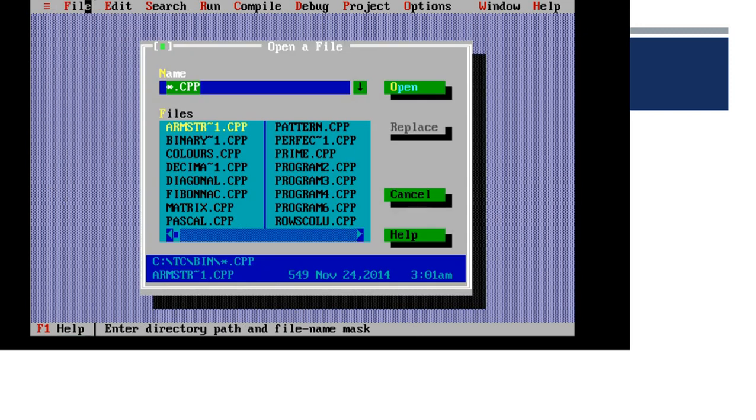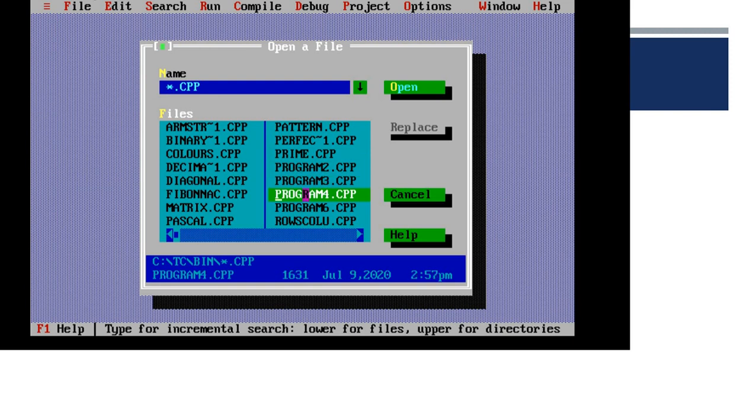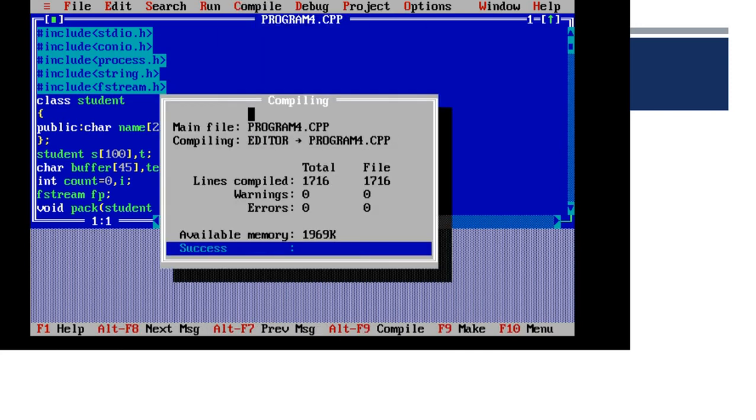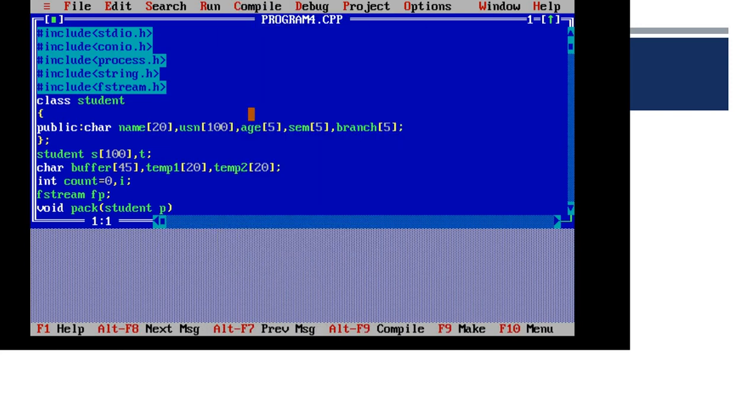So let us see the demonstration of file program number 4. Then compile the program with Alt C, no errors, then Alt R. The user is asked to choose to write or to search. Unlike the other programs, we have only two choices because we are concentrating on fetching and reading the element based on the RRN value.